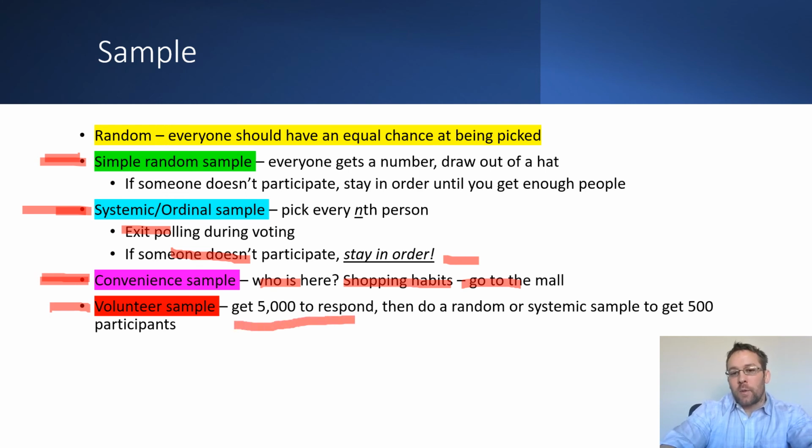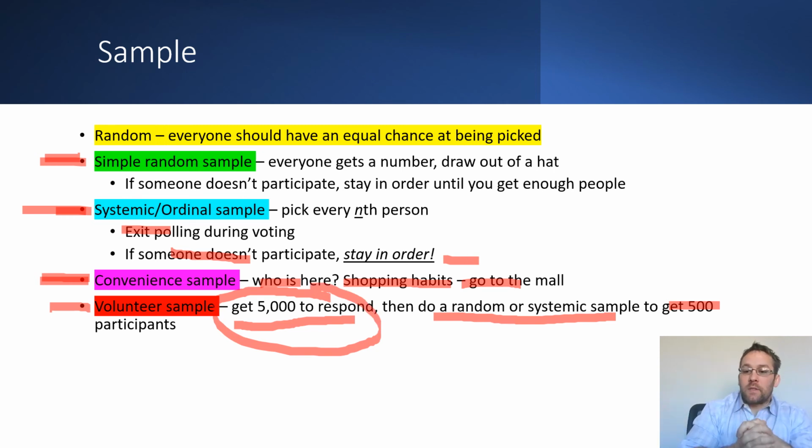5,000, let's say you get 5,000 people to respond, and then after you get the sample, you then do a random or a systematic ordinal sample in order just to get 500 of them to participate. So you might say, look, I need 500 participants. I want them to be volunteer because I don't want to be calling people up on the phone. So let me just get 5,000 people into this metaphorical room and say, would you like to participate in this? And then once I get all these people to respond, I'm only going to choose 500 of them, because I can be a little bit more random with the 500 that I choose